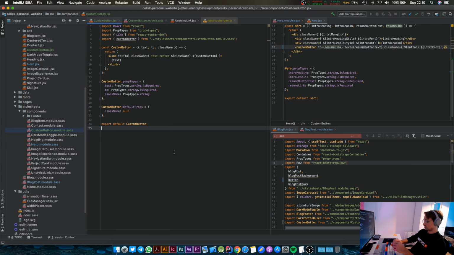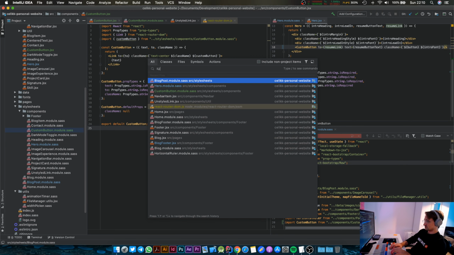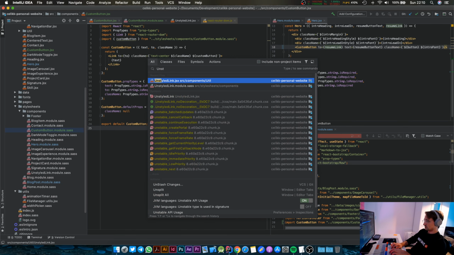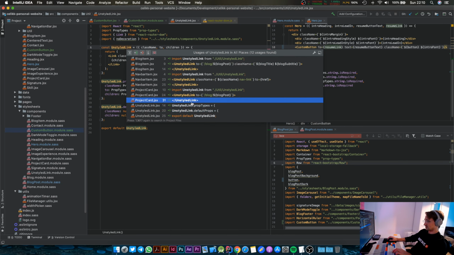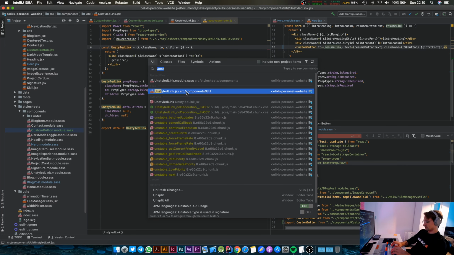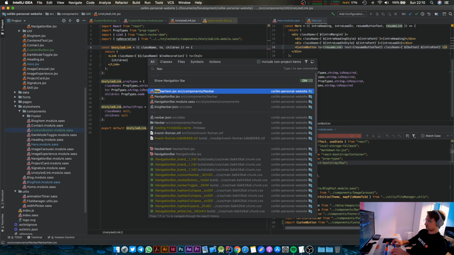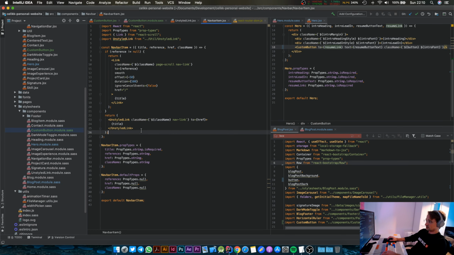And I think the proper way to do this is just to use the unstyled link component. And we're going to change this thing a little bit. So the logic that we have to decide if a link was going to be styled, or if it was going to be a React Router DOM link or just a normal link. The logic was in the navbar item component, right? It's in here. It could either be